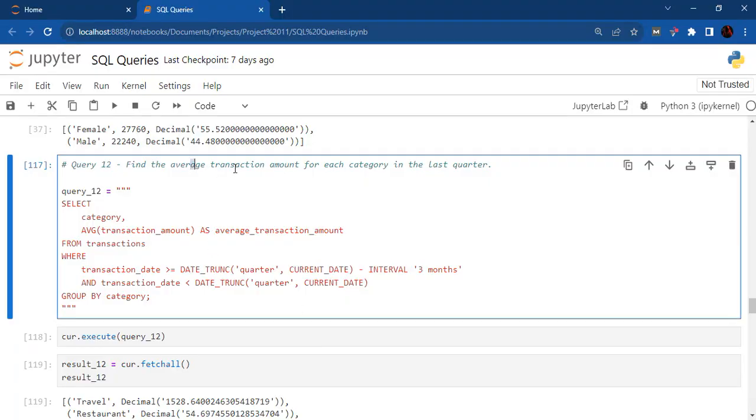So remember, I find the average transaction for each category in the last quarter. Remember, the last quarter of 2023 is, I think, October, November, December. We're now in February. Now, assuming we want to calculate the quarter from now, remember, the quarter from now, based on that transaction date, will be